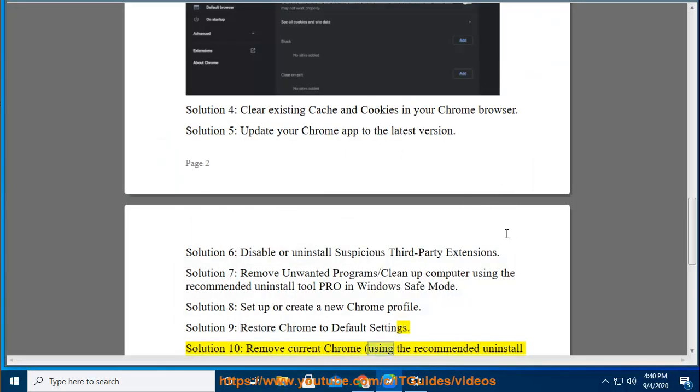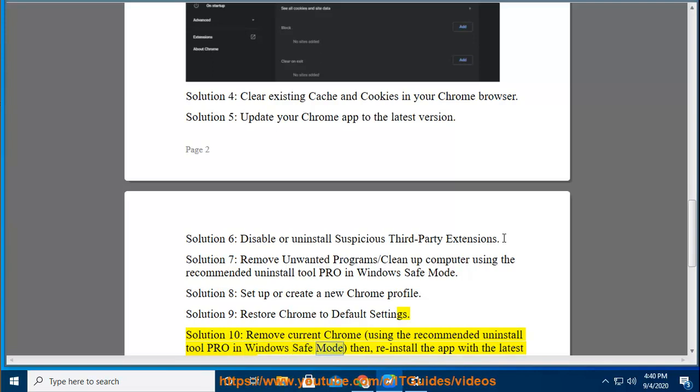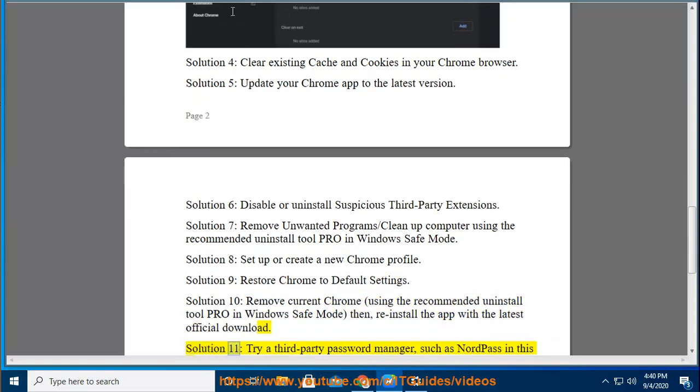Solution 10. Uninstall current Chrome using the recommended uninstall tool Pro in Windows Safe Mode, then reinstall the app with the latest official download. Solution 11. Try a third